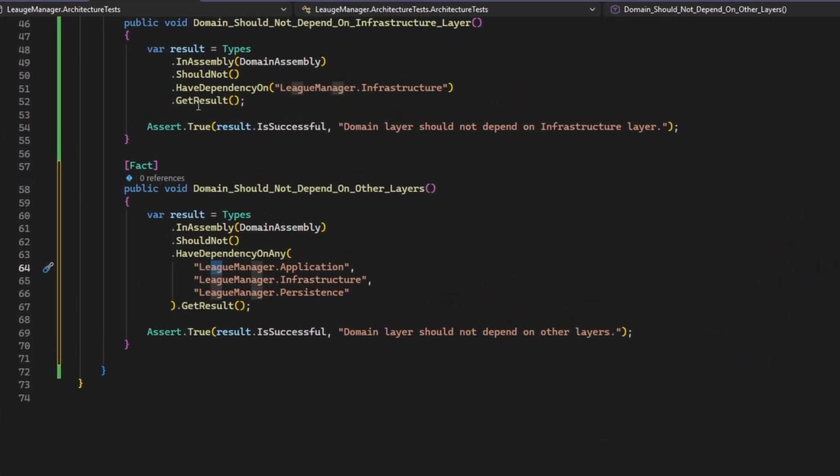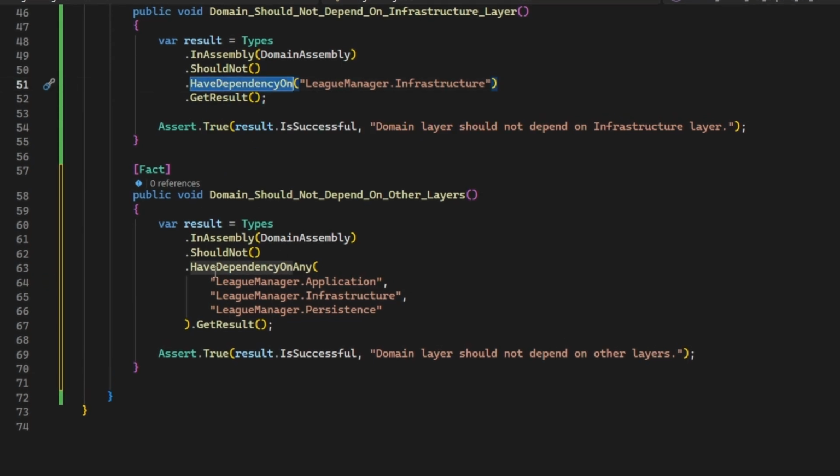In this test, I have basically replaced the HaveDependencyOn method with the HaveDependencyOnAny method. This method will accept an array of strings in which you can pass the names of all the assemblies you don't want any dependency on. So in this case, this test will ensure that the domain assembly has no dependency on application, infrastructure, or the